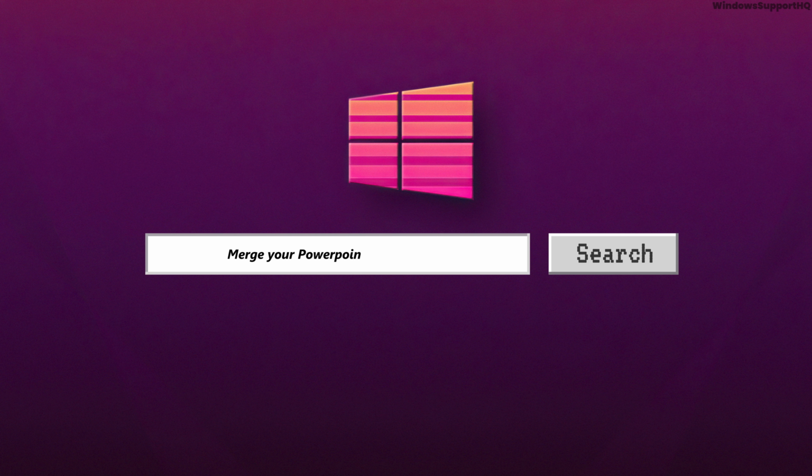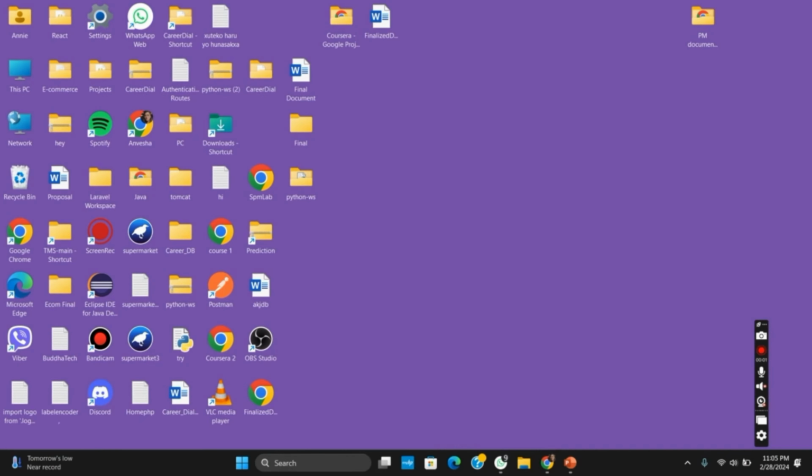How to merge PowerPoint presentation. Hello everyone, and let's get started. If you want to add or merge PowerPoint presentations of two different types into the same one, here is a